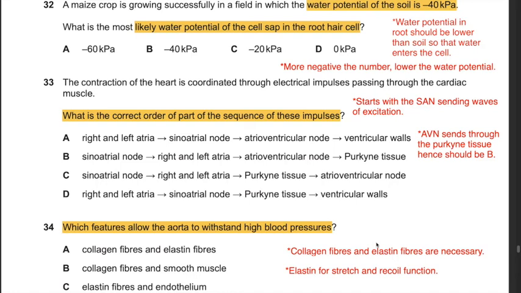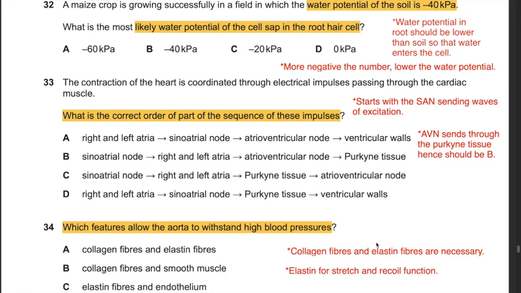Question 32. A maize crop is growing successfully in a field in which the water potential of the soil is minus 40 kilopascals. What is the most likely water potential of the cell sap in the root hair cell? Water potential in the root should be lower than soil so that water enters the cell. In other words, water potential in the soil should be higher than the water potential in the root hair cell. Since the water potential of the soil is given as minus 40 kilopascals, the more negative the number, the lower the water potential. Since the cell sap in the root hair cell should have a lower water potential than the soil, it should be a more negative number than minus 40 kilopascals,